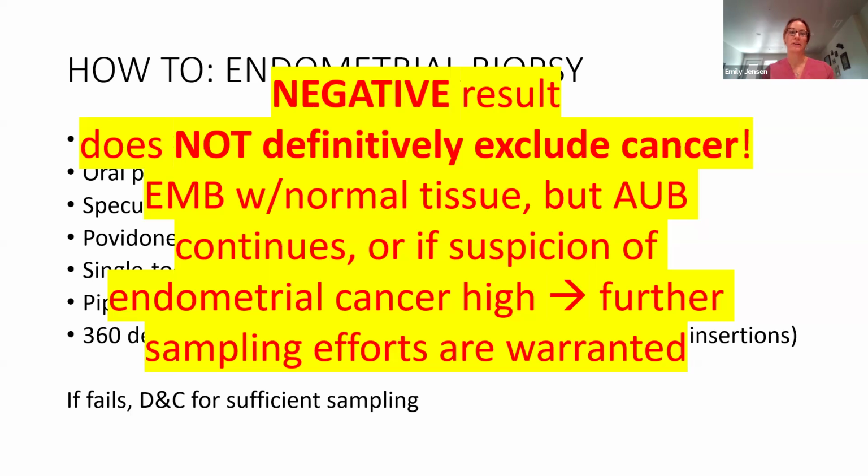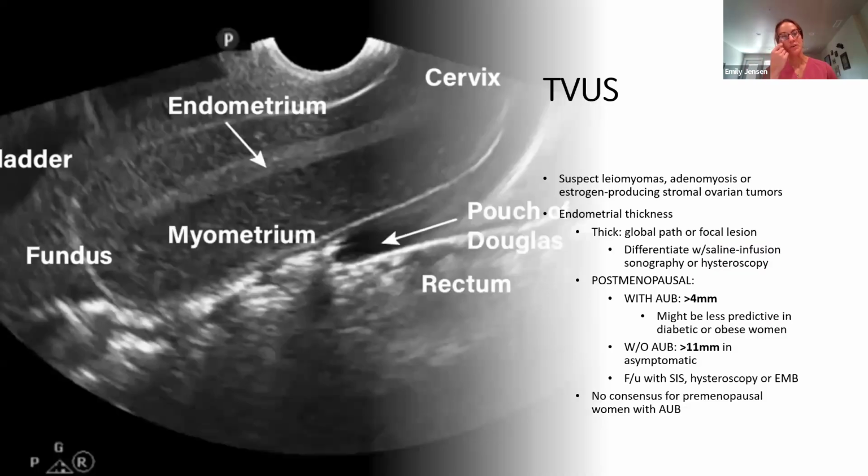You could have a biopsy with normal tissue, but if abnormal uterine bleeding continues, or if you have a higher suspicion, get that further sampling, send them for a D&C and get good peace of mind with your sample. Okay, as far as transvaginal ultrasound goes, you can get this if you suspect one of the structural causes from the PALM-COEIN,